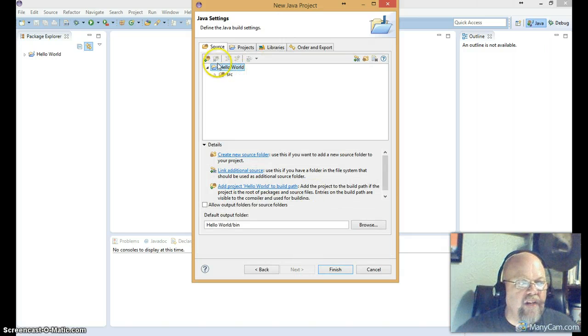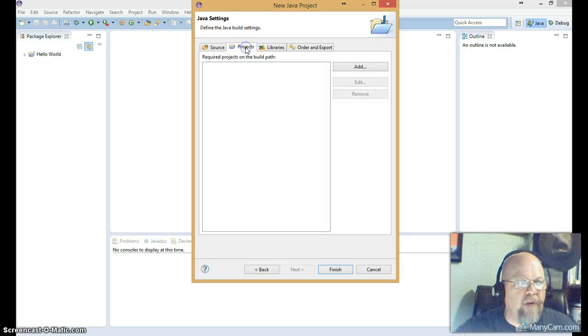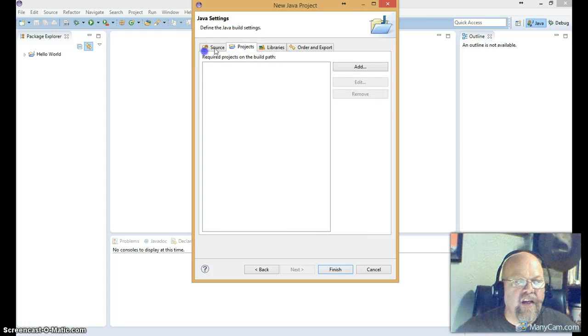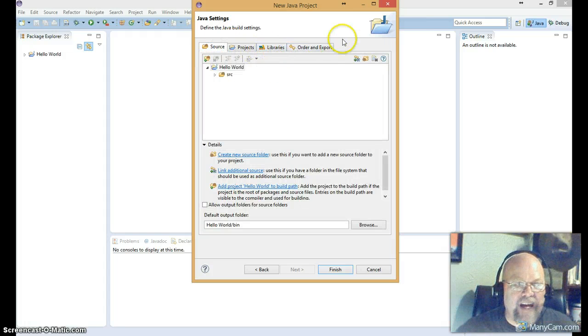At the next screen, it says this is basically how it's going to look. And that's right, we could go to projects, we could go to libraries. Again, this class is not going to get into all these different tabs here, but just realize those tabs are available, and if you want to look into that, I would highly suggest going out to the internet and getting an explanation of what each one of those tabs are. We go ahead and click